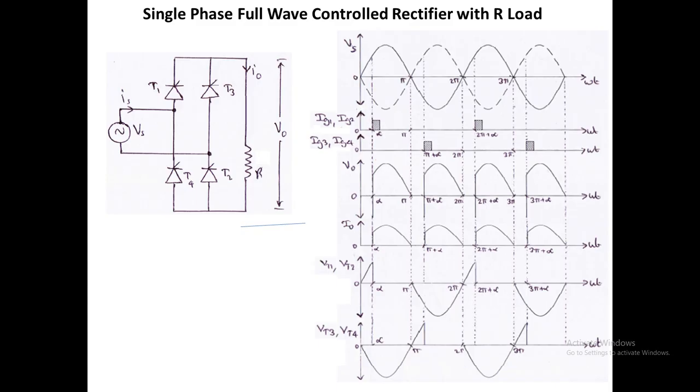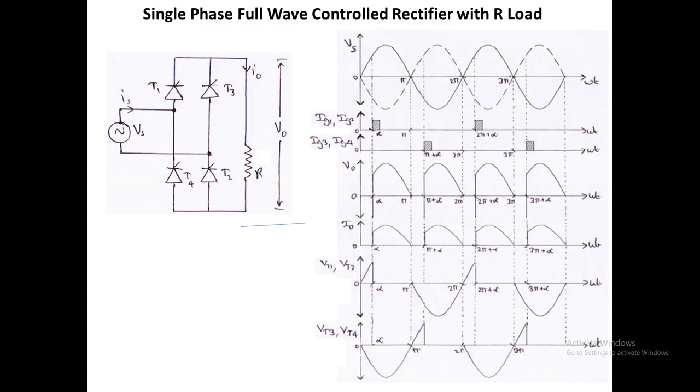And VT3 and VT4. VT3 and VT4 conduct only for the negative half cycle, that is pi plus alpha to 2 pi. At that condition only it will have zero voltage, that is the conduction period, and in the remaining periods it will follow the input voltage waveform, that is 0 to pi reverse bias. So the positive voltage of the positive half cycle of the input is applied as reverse bias voltage for the thyristors T3 and T4, so that it is marked as negative half cycle in VT3